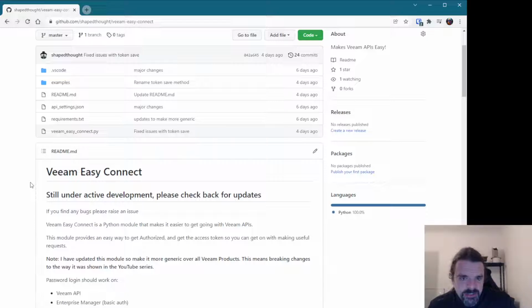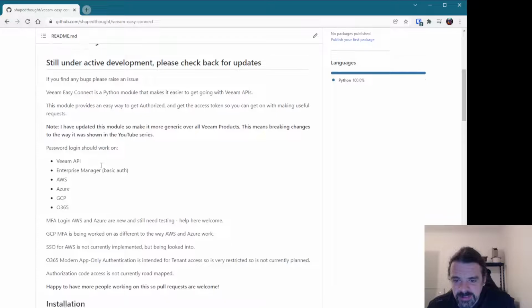And it does mean some breaking changes to the way it was working in the previous videos. So if you have watched those videos, it's not working for you, it's probably the reason why. So just bear with me. If you just walk down the list of changes, basically it now works with all the APIs, but some